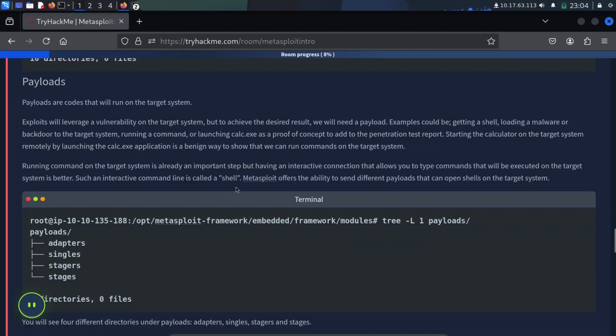And then payloads. Payloads are code that will run on the target system.